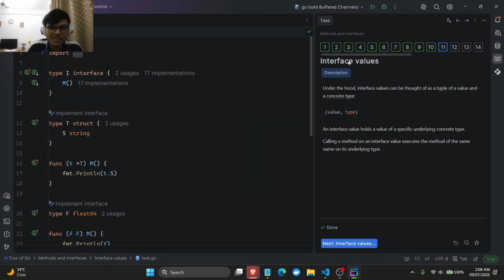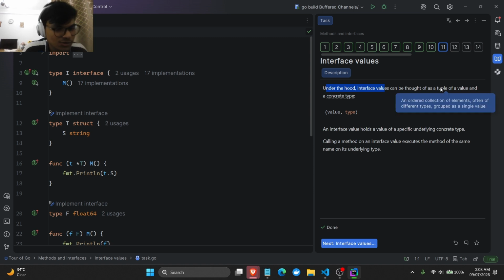Great. Interface values. Under the hood, interface values can be thought of as a tuple of a value and a concrete type. So tuple, an ordered collection. An ordered collection of elements often